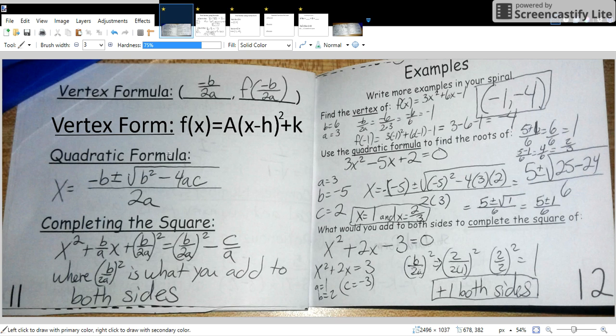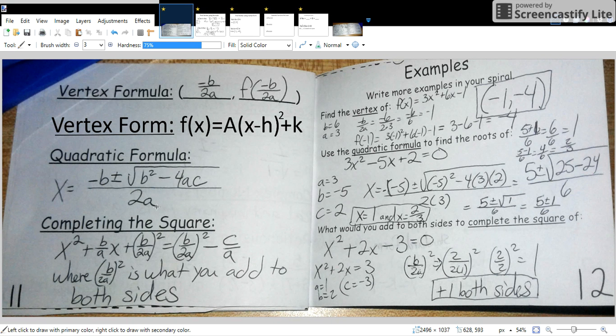Okay, so we're going to open up again at page 11, our little quadratics book, and now we're going to be doing quadratic formula. You probably have seen the quadratic formula song on the YouTube video that is under one of the notes pages on Canvas. So we have x equals negative b plus or minus the square root of b squared minus 4ac